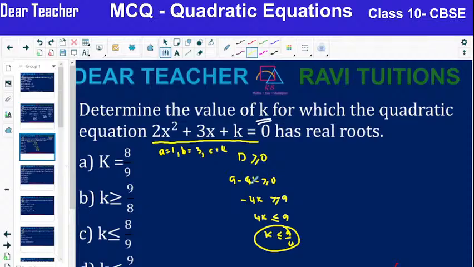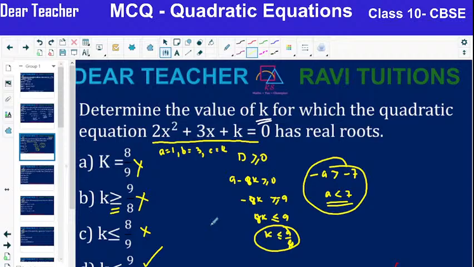Sorry, it is 8. 9 by 8. Less than or equal to 9 by 8. This is the greater than symbol, wrong answer. This is wrong answer. This is wrong answer. And this is the correct answer. Less than or equal to. Minus a is greater than minus 7. If you want to make it positive, the sign also will change. Remember this fact. So the answer is k is equal to